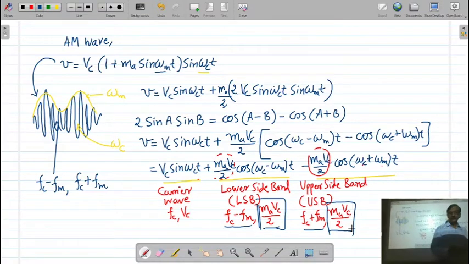Now what is the importance of the sideband? Whatever the information is there, this information is not carried by the carrier wave. The information is actually carried by the sideband frequency. That I will explain later on. But now look at this: whatever the expression we have, we can also represent graphically, and that is known as a frequency spectrum for a modulated wave. So how to draw this frequency spectrum?